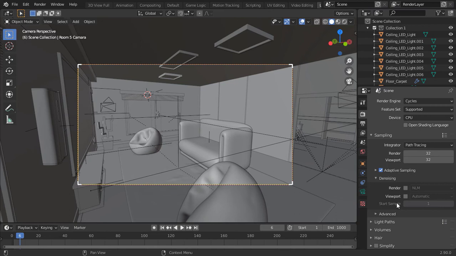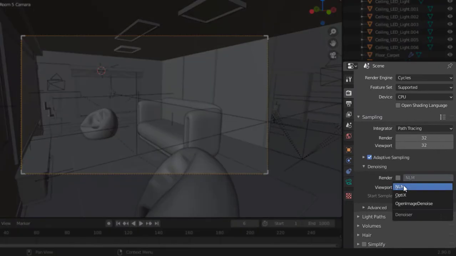Now we are in the project we worked on before, but the computer is a different one. This project is on a laptop, and it has an NVIDIA GPU. Let's see, this PC has the OptiX denoiser for the denoising. Yes, you can see it has the OptiX denoiser for the render.